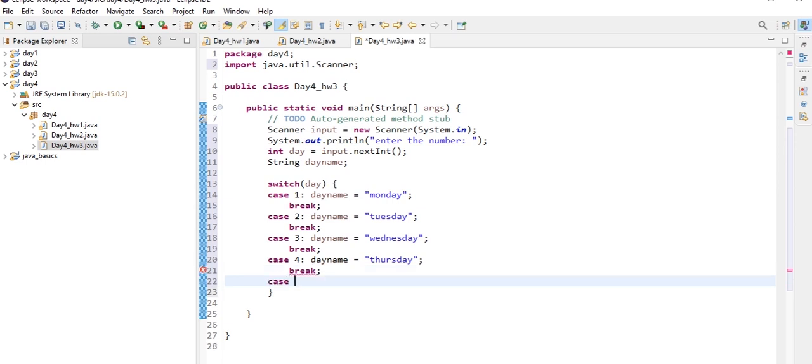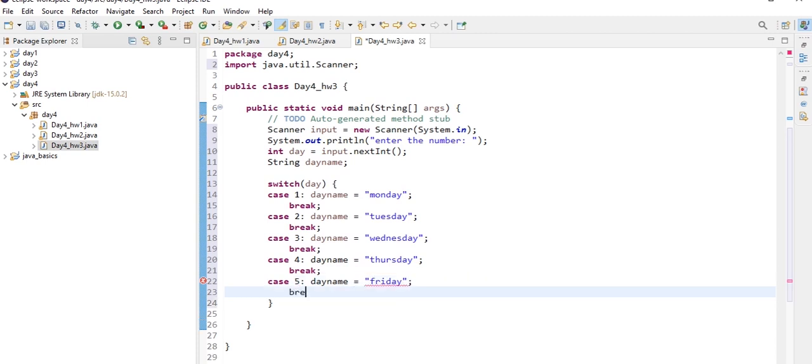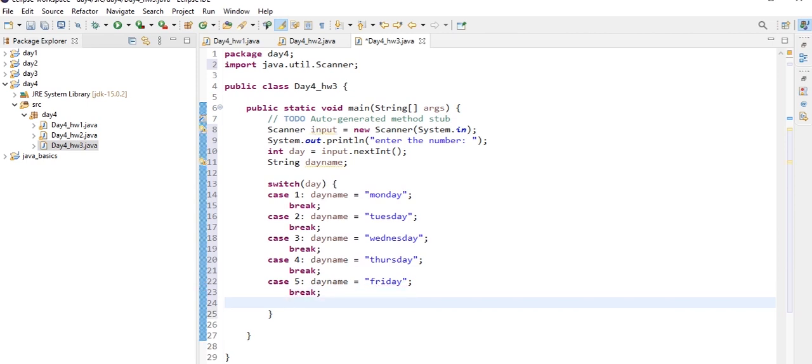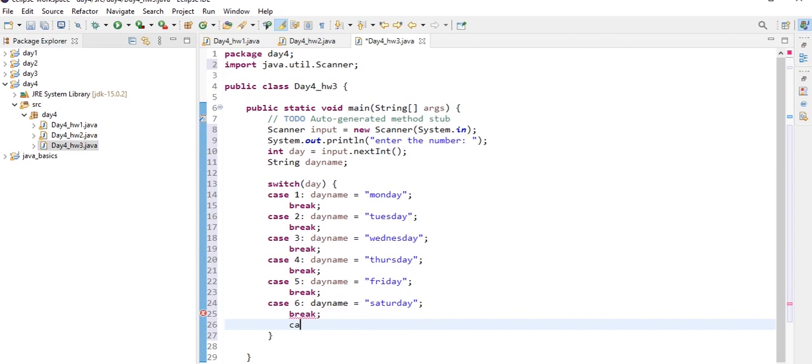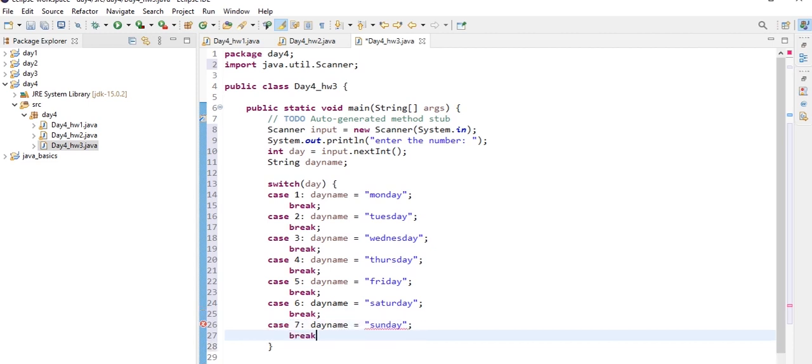And case 5, day name is Friday, and we are taking the help of the break keyword to exit from the switch construct, that is the switch block. Case 6, the day name is equal to Saturday, and we are taking the help of the break keyword. And let's say case 7, and day name is Sunday, and we are breaking it.